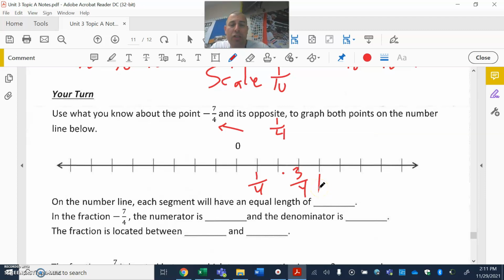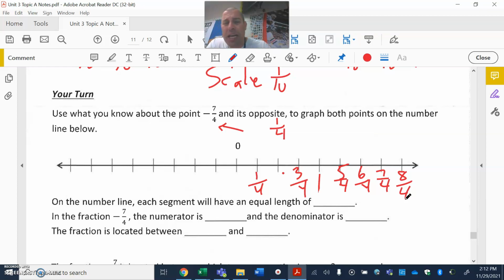So I could go 4/4 and then realize that that's 5/4 and then 6/4 and then 7/4 and then 8/4. And again, keep in mind, what is 8/4? Oh, it's really a 2 that's there. So again, we just have to be aware of some of our simplifying here. So if I'm going to go to the left